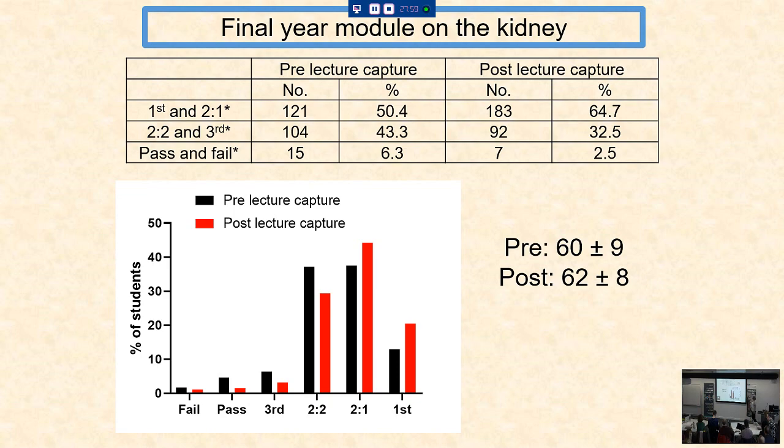So if we look first at the graph, we've got percentage of students getting the different grades in the assessment. I will fail my students if they don't meet what they need to meet to pass. I know it's a final year exam, but I'm pretty ruthless. They don't answer the question, they don't pass the assessment. Black on the graph is pre-lecture capture, and red is post-lecture capture. And what I can see is there seems to be fewer fails, passes, thirds, and 2 twos, more 2 ones,